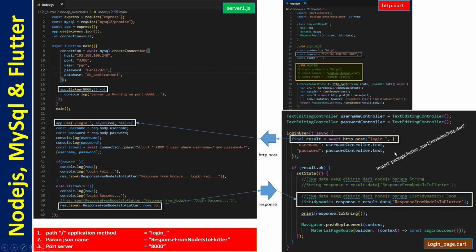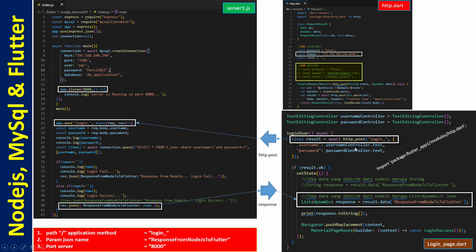Yeah, if we click here, I mean click send data username and password to the Node.js. Okay, this is my path. Yeah, login underscore this one.